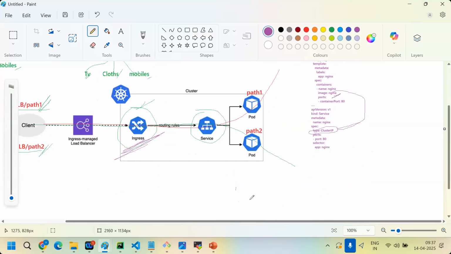But you are not accessing the ClusterIP directly from external. You are accessing the ingress load balancer. That load balancer communicates to the service. Clear or not? The ingress load balancer communicates to the ClusterIP.